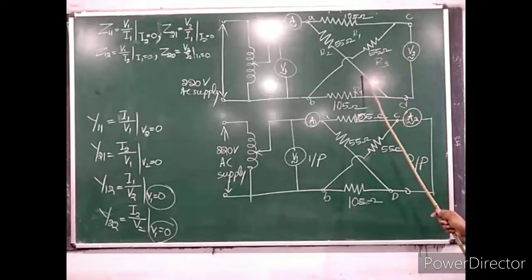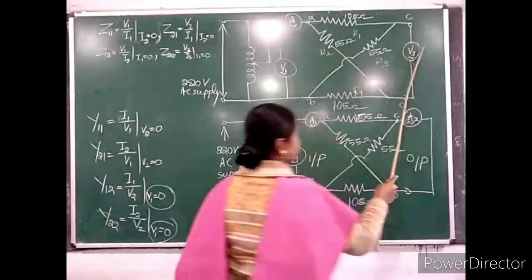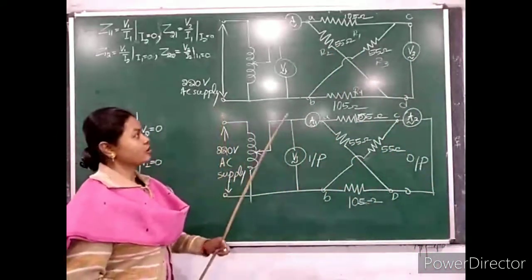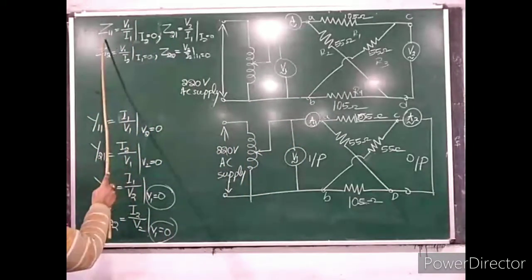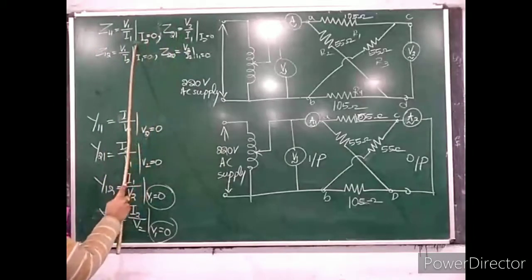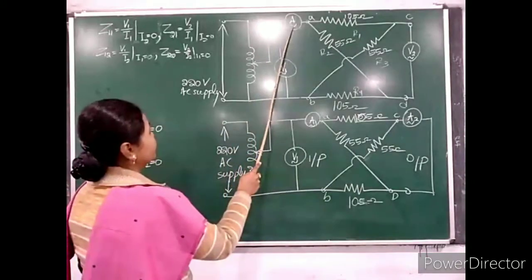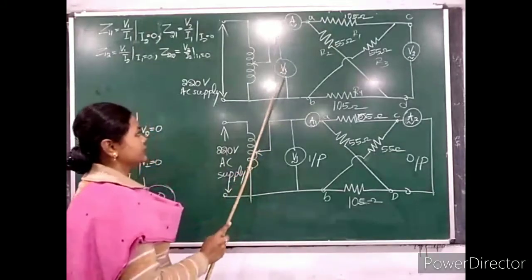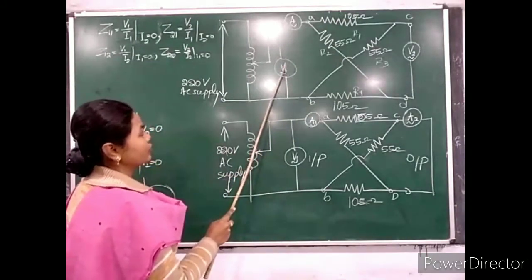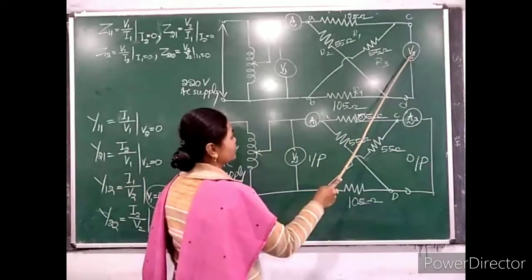And here student, whatever diagram is shown here, it is for making the output port open. Output is open. So you are able to calculate which two Z parameters? Z11 and Z21 when I2 is 0. Here, see student, this ammeter reads the input port current, this voltmeter reads the input port voltage, and this voltmeter reads the output port voltage.